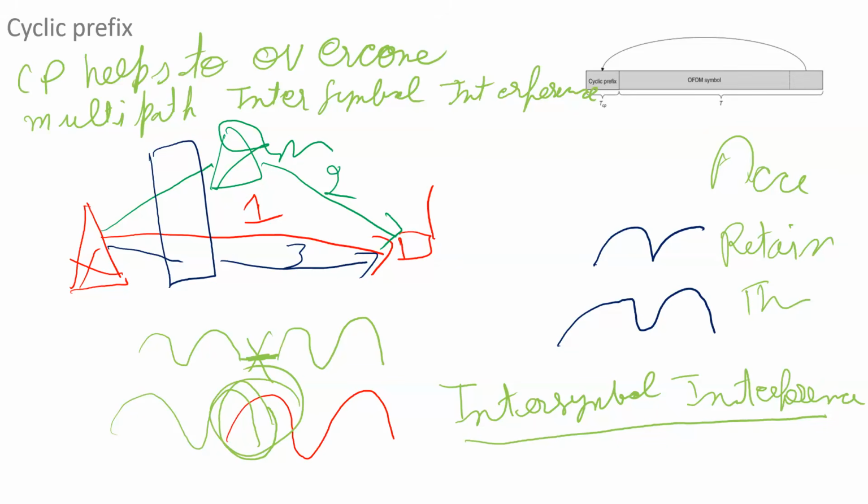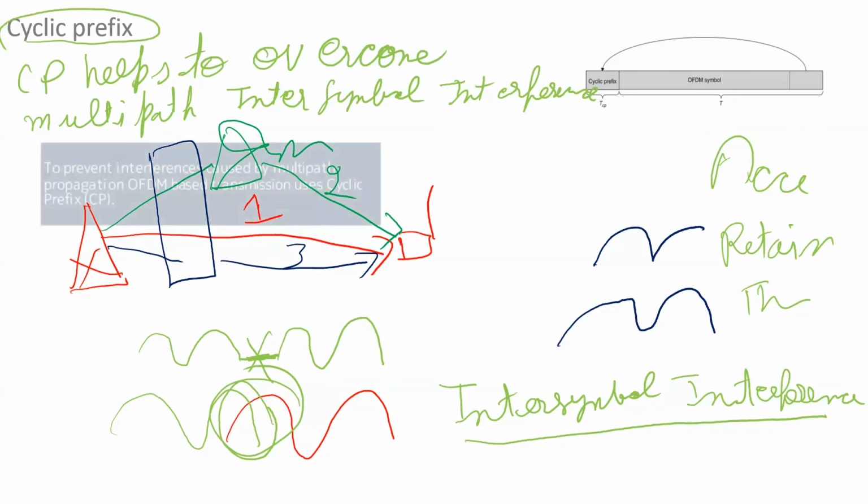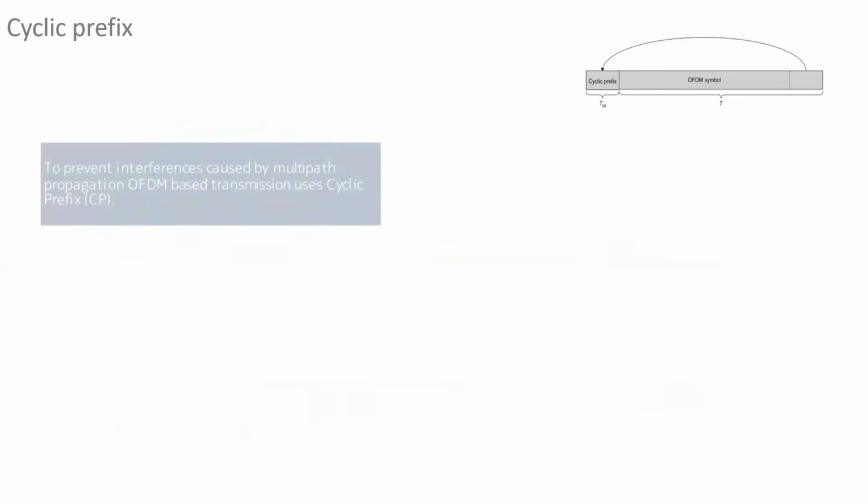So this wait time or guard time is also called the cyclic prefix. The system waits for CP amount of time to send the next signal. So if I have copies, then we can send the next OFDM symbol later on. This concept is called cyclic prefix, and it is very important in case of numerology.